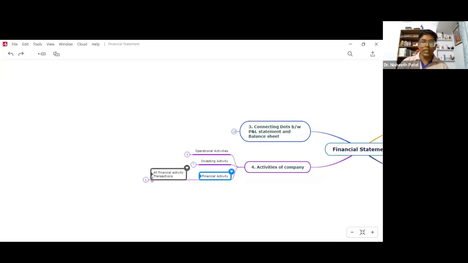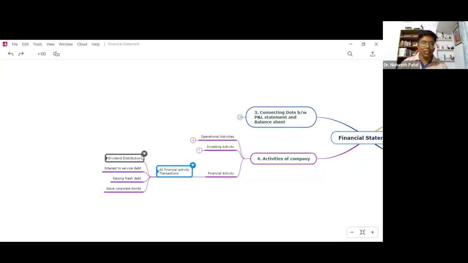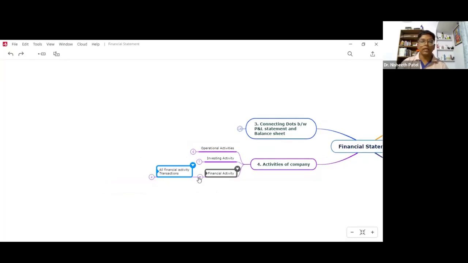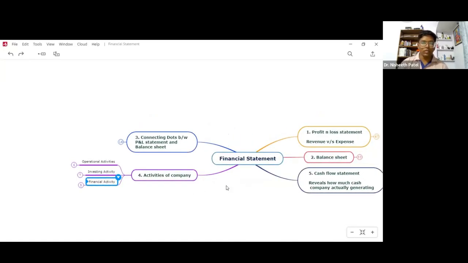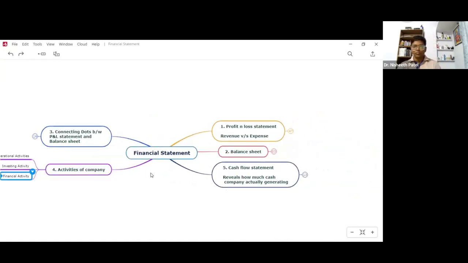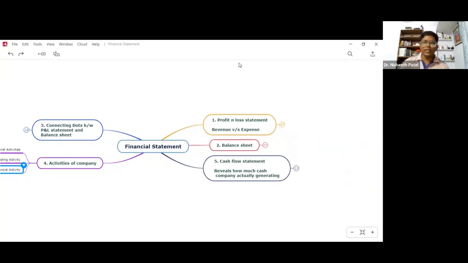And from the financial activity, all financial transaction activities are included in the financial activity of the company, just like dividend distribution, interest servicing, raising fresh debt, issuing corporate bonds, or getting any interest for the company. Okay, so this is the basic overview of the financial